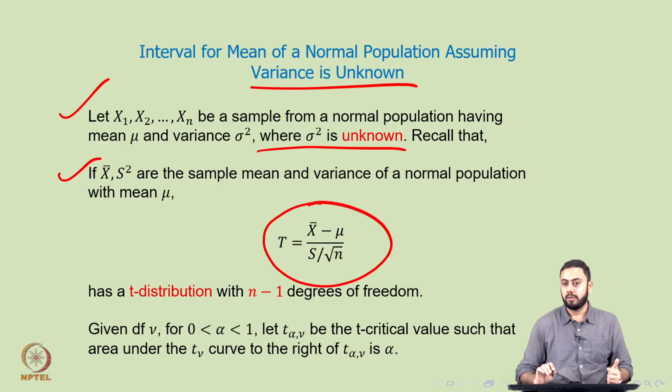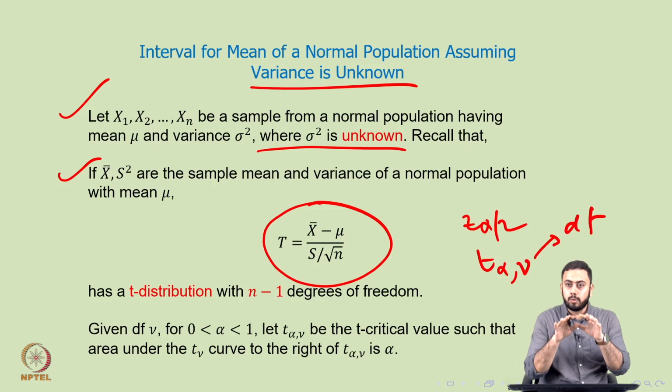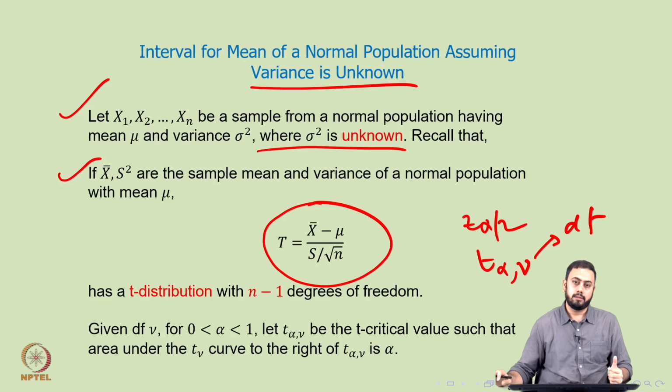Okay. And similar to how we wrote down a critical value for z, I can actually write down a critical value of t also. So t alpha comma nu. In this case, nu is what? So nu is nothing but the corresponding degrees of freedom for a t distribution. So the more important, or the only, difference between this idea and the earlier problem is that the underlying distribution is no longer z, but it changes to t.